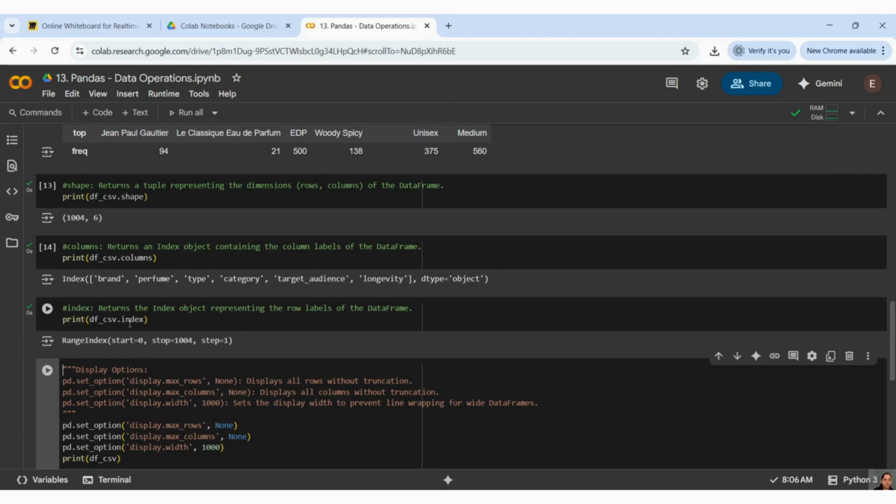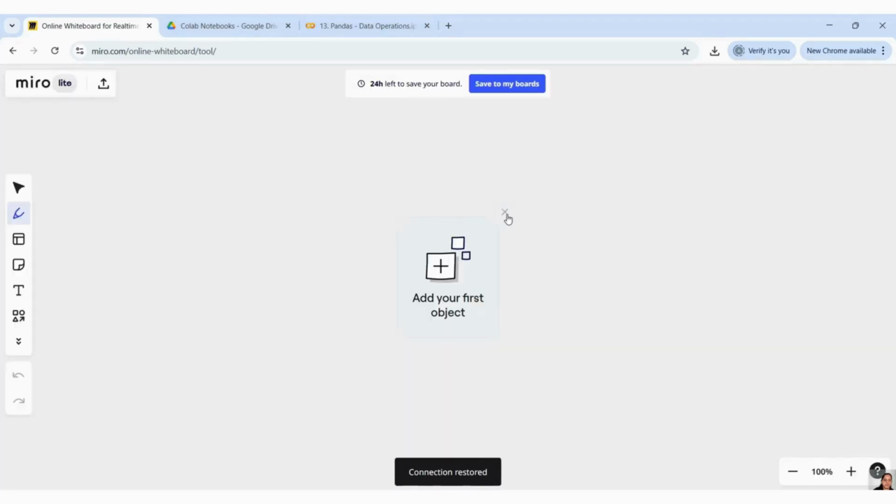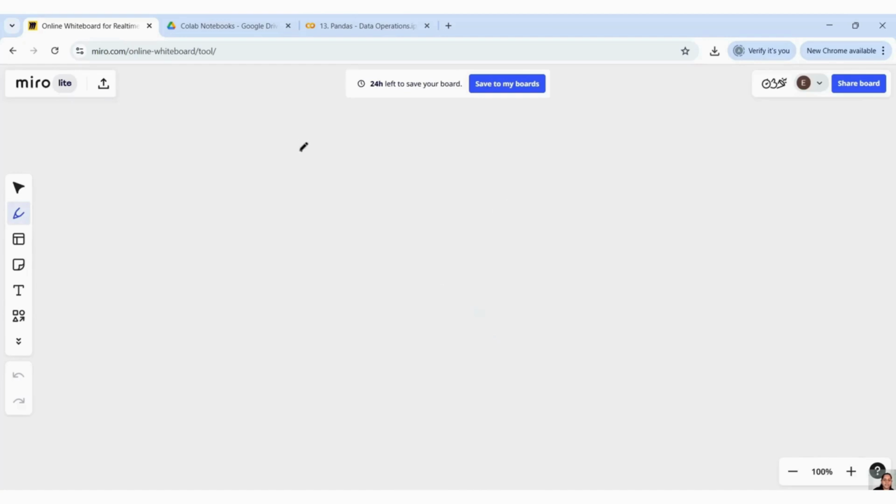Now let us print the index. We have something called index, which is going to tell me my start index, stop index, and what is the step. Step means, guys, let me use the whiteboard. If you have 0, 1, 2, 3 till 1004, this is your start, this is your end.